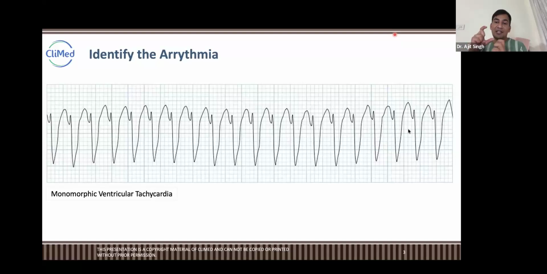Because of that, those scars start feeling like, okay, we are the nodes and we can also generate impulses. So it is like those scars are morphing the impulses, and that's why there would be multiple focal